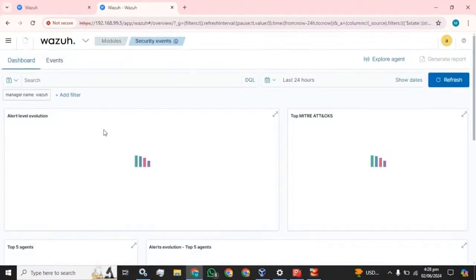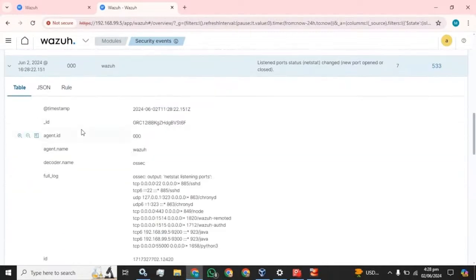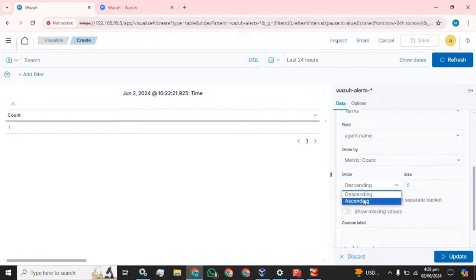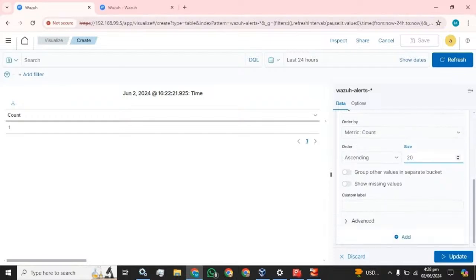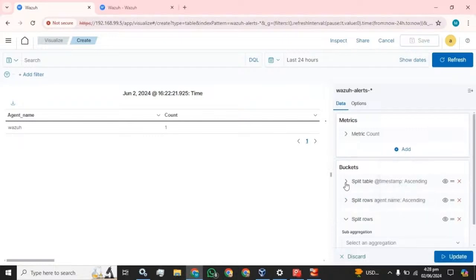We will go to the security events, and I am going to open the Wazuh and select the agent host and ascending, and select the value for and name. Okay, we are going to add another